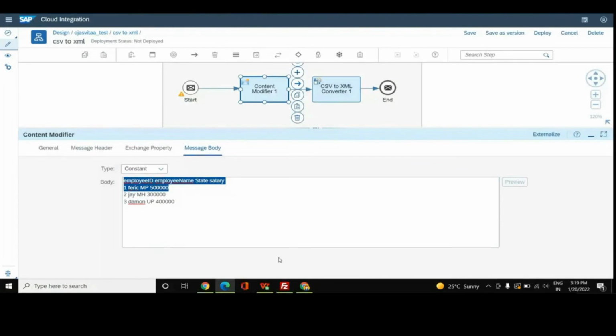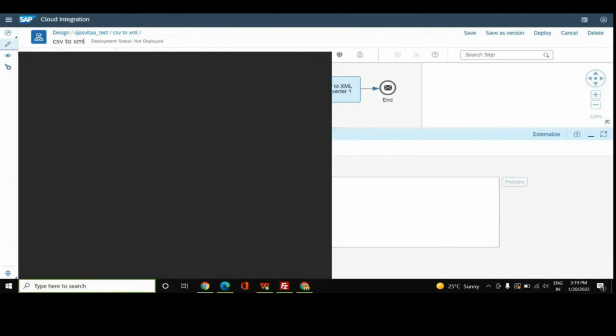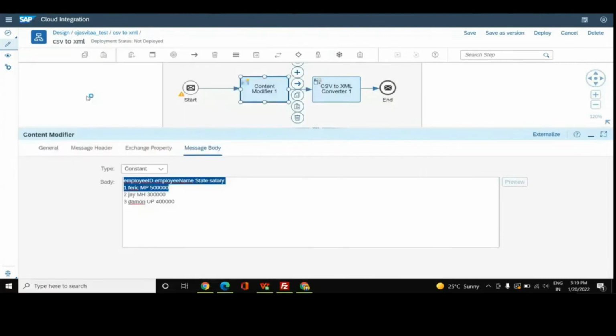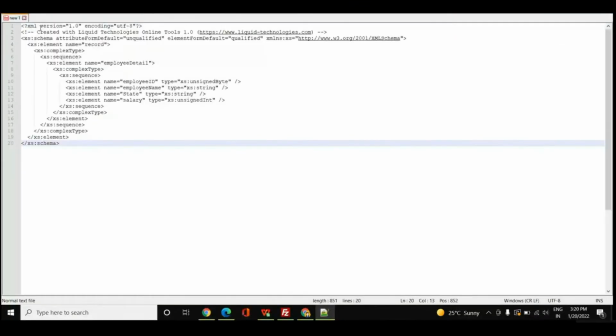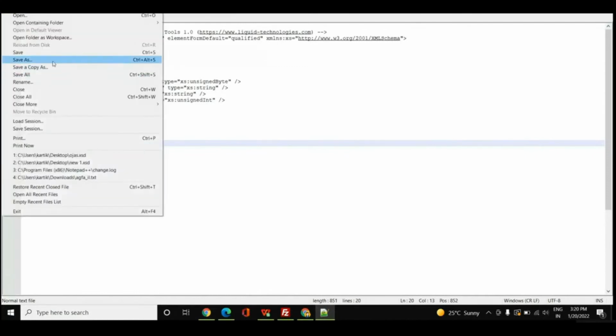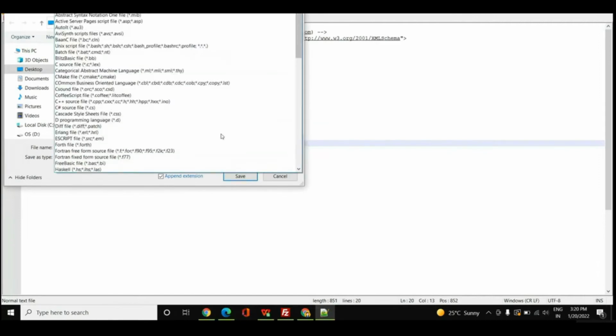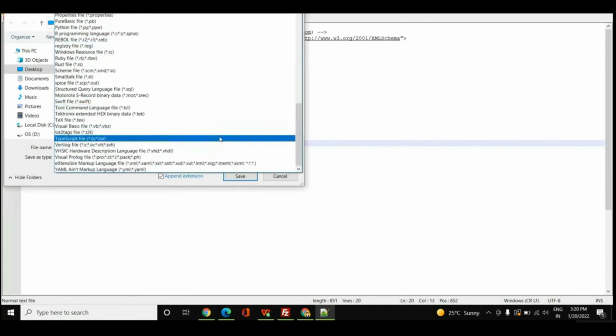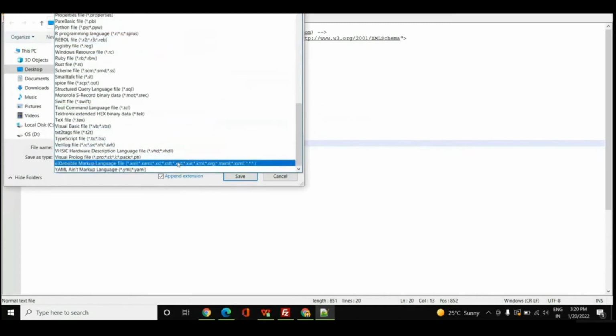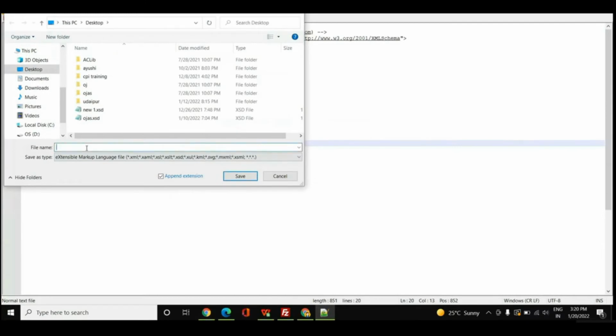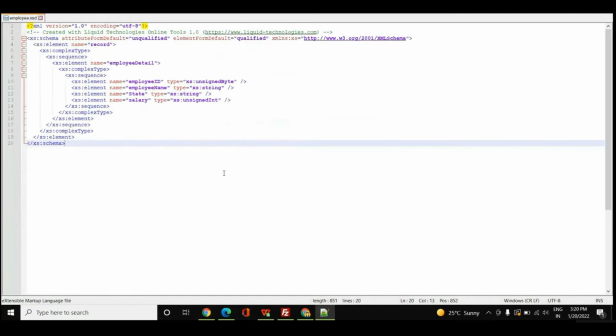Then I'll open my Notepad++ because that is an easy way to save an XSD file, but you can also paste the XSD data on the notepad and you can simply change the extension to XSD. Here I'll select the XSD. I'll put the XSD extension here, and here my XSD file is saved on the desktop. Then I'll go back to the cloud integration,